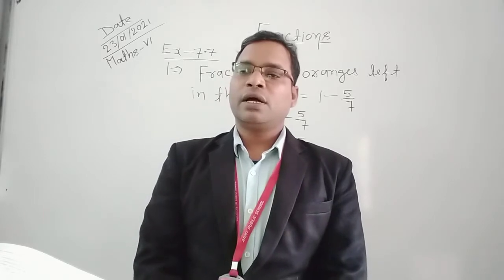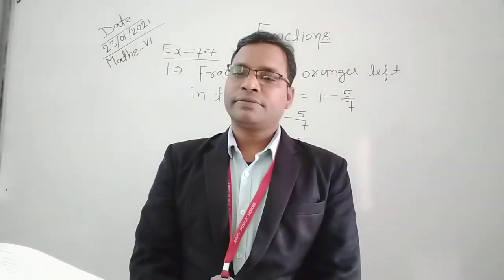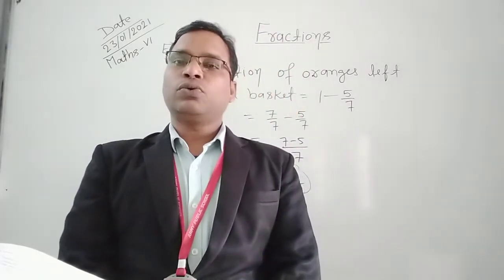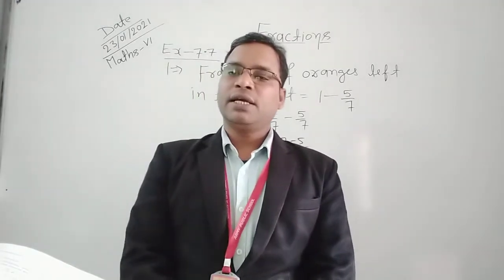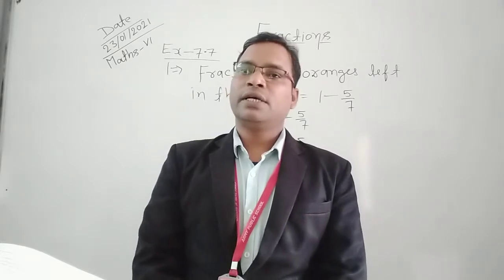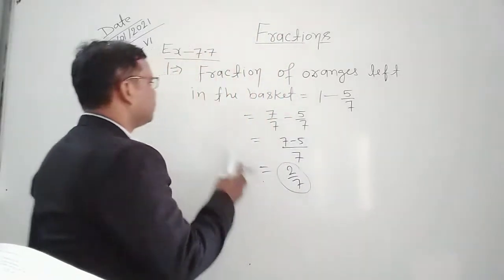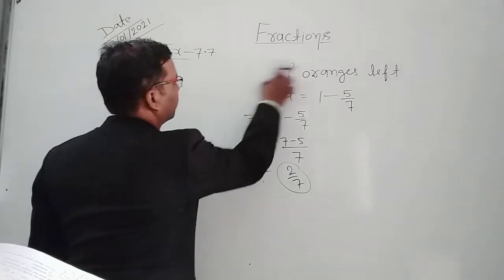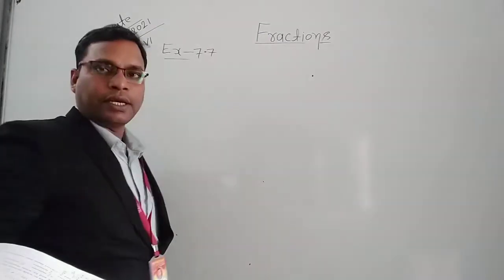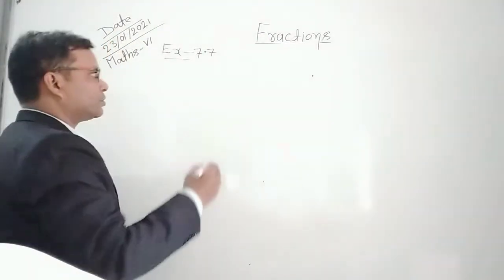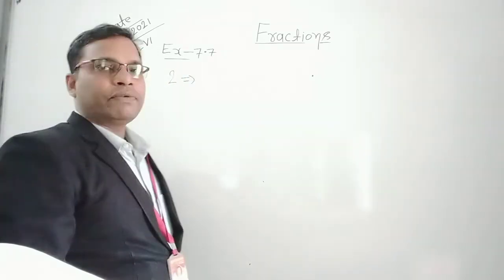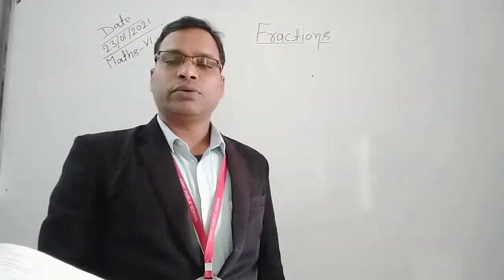So here we find the total amount of cake. This is equal to, if we add them, 1 whole 1 by 2 plus 1 whole 1 by 3, then we find the total amount of cake. So let's see. I hope all of you understood question number 1. This is clear? Now, so here question number 2. What do we write first here? We write here the total amount of cake.